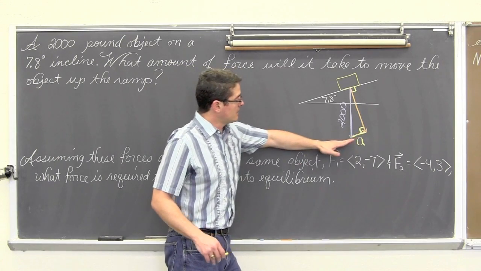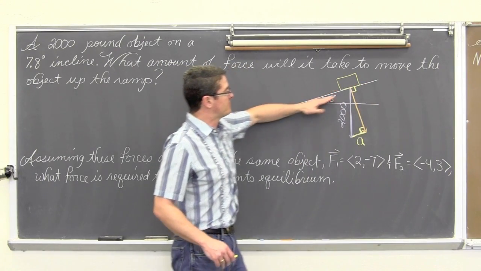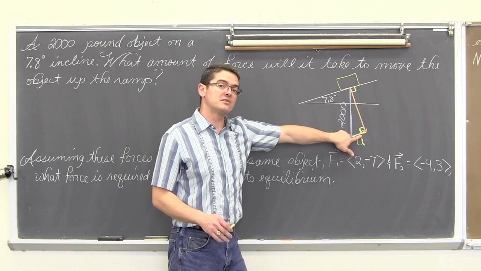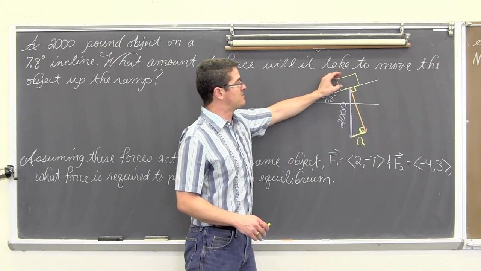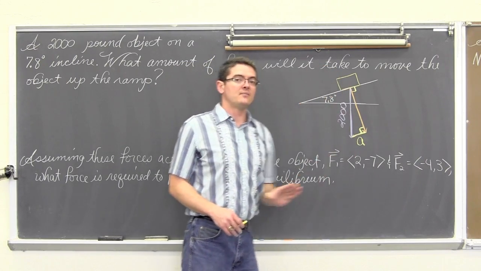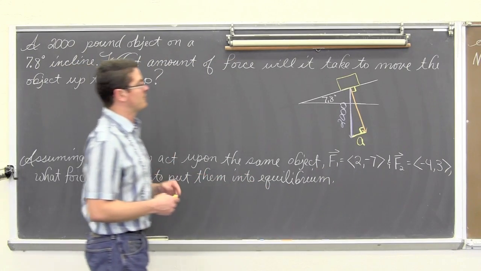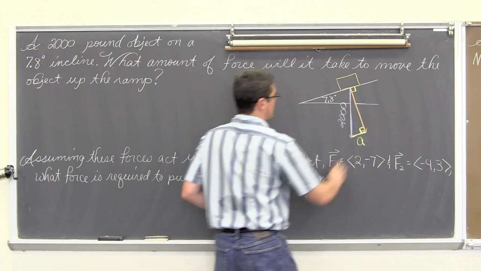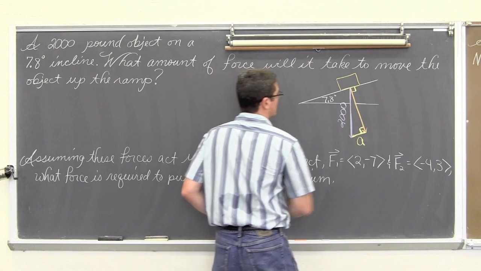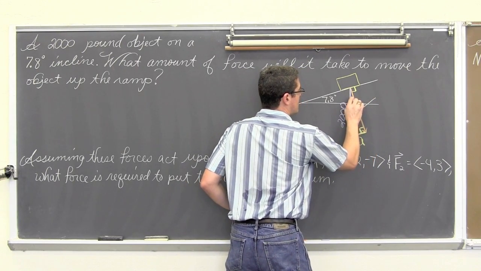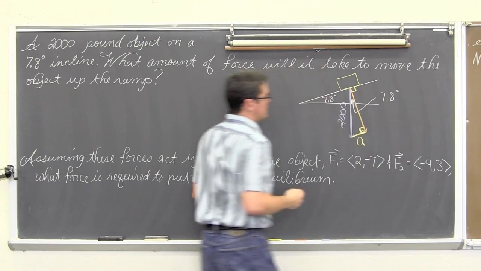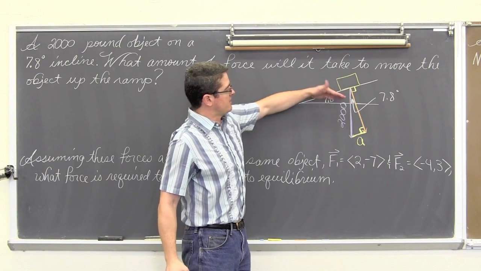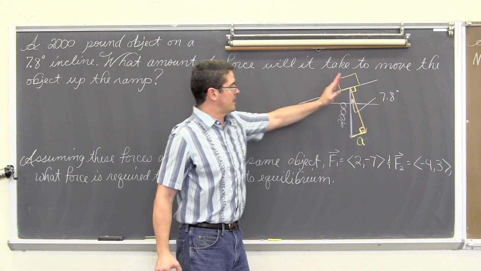And then we have some force here at a slant at the same 7.8 degrees that we have for the ramp itself. If we find the length of that vector, we're going to find the amount of force it takes to keep this object steady, and anything greater than that is going to move the object up the ramp. So if this is 7.8 degrees here, then this is also going to be 7.8 degrees right here. Let's put this in white as well. Right here, this little angle is also going to be 7.8 degrees. I'm just taking this triangle and moving it, rotating it and flipping it down, kind of sort of.